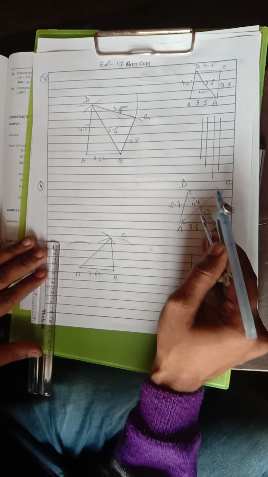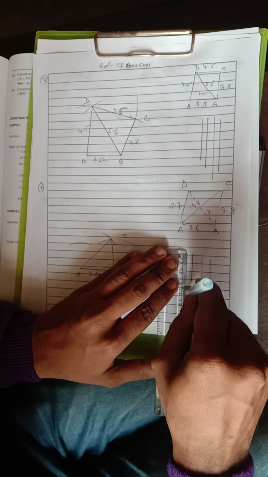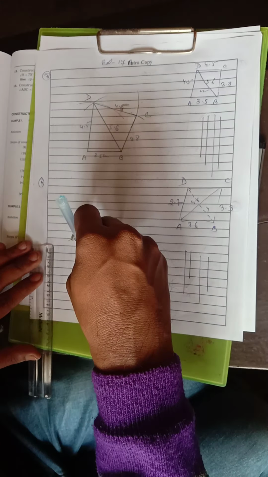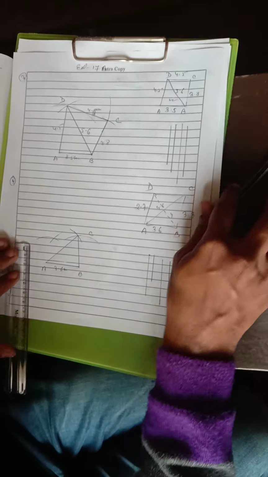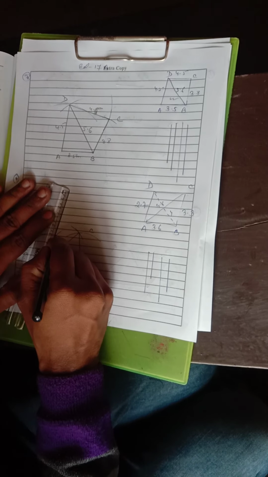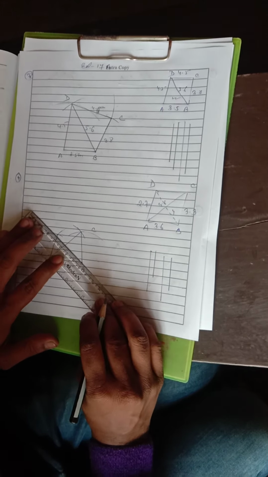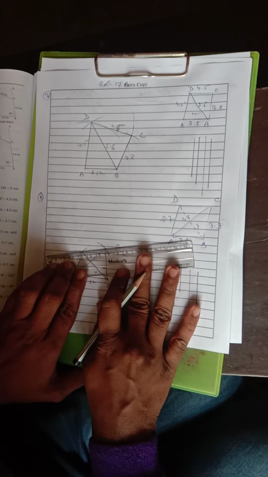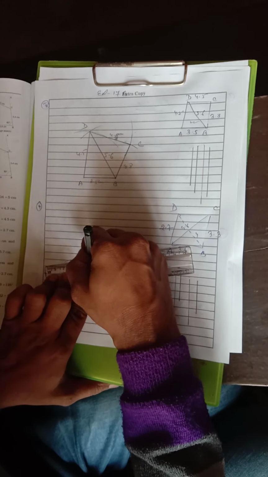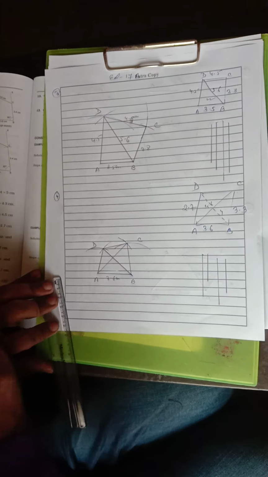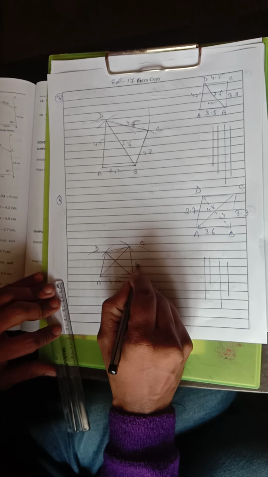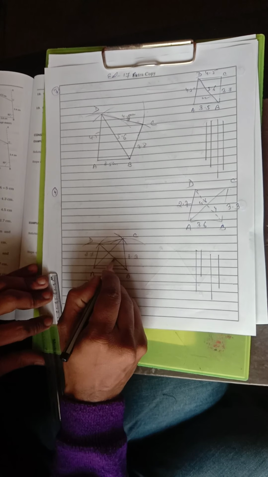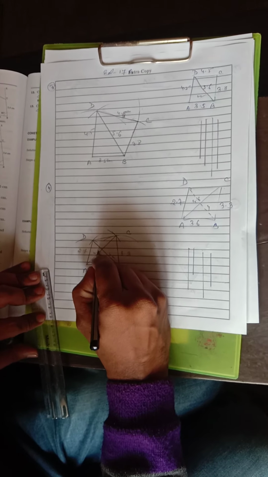And from B to D given as 4. So this is what is called 4 centimeter of the line. Measure it. Keeping the pointer at B, we have to cut it. Now we can join these two from here. If you want to join like this, you can. And after that, those 2 points we have to join so that we can make a quadrilateral. This is what is called D. Rest of the things we can write. This was given as 3.3 centimeter. Here 2.7 centimeter. This was given as 4 centimeter and this as 4.6 centimeter.